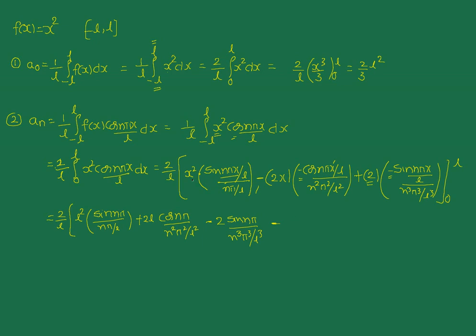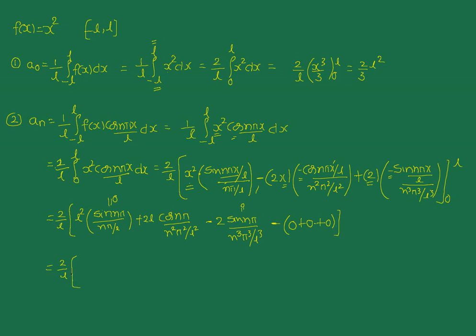Now you substitute the lower limit. So 0 into something, 0 into something, therefore you will get 0. Next one, here also 0 into something, you will get 0. If you substitute in sin n pi x, sin 0 is 0. So the entire one is 0. Okay, so if you do the simplification, sin n pi, this term is nothing but equal to 0. So you left with the second term. This term is also 0. Therefore 2 by L into